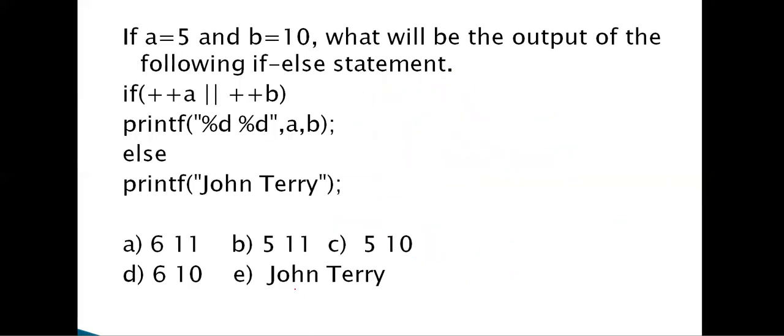Okay. So one more example. A is equal to 5. B is equal to 10. A simple example: plus plus 5. What is A value? 6. It is a non-zero number, so this one is not executed. This one is not executed. So obviously A value is equal to 6. B value not executed means B value 10 is as it is.